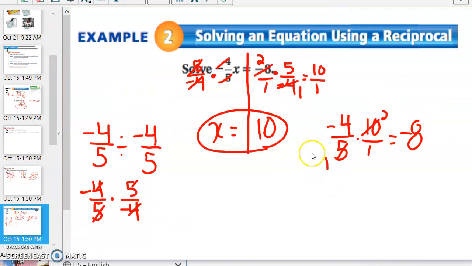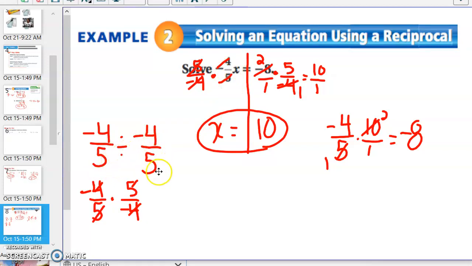Now it's going to get a little bit trickier. So I am going to clear ink from this page because I kind of want to explain to you a little bit. So -4/5 times x equals -8. Well, if I'm multiplying by -4/5, that means in order to undo multiplying by -4/5, I'd have to